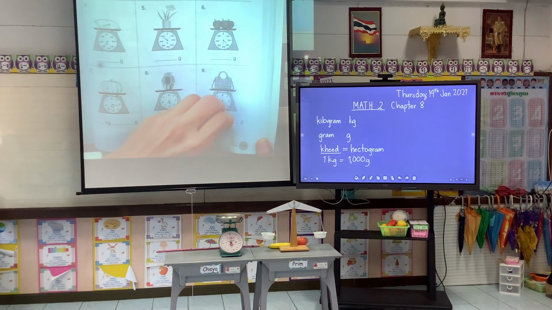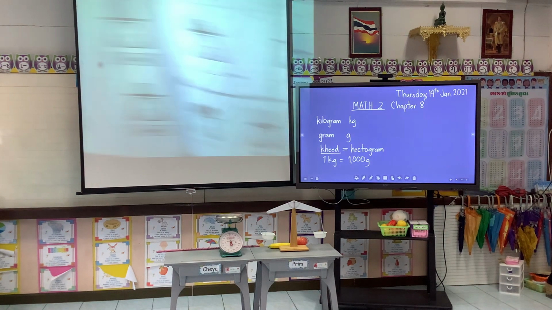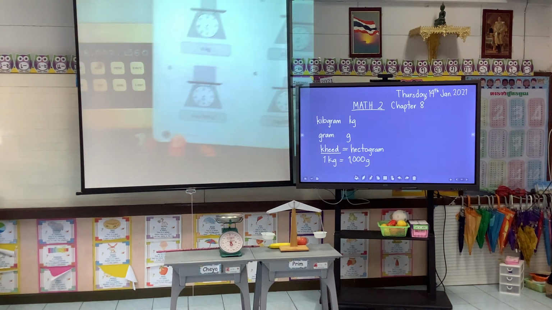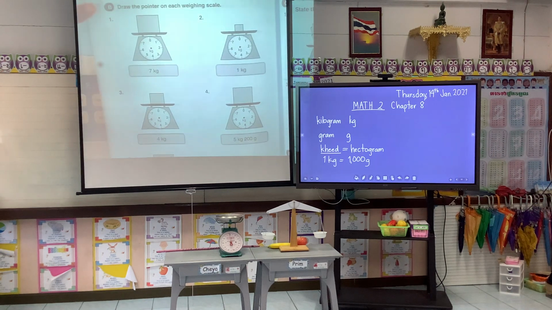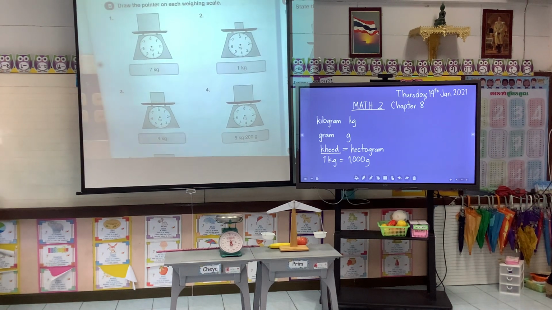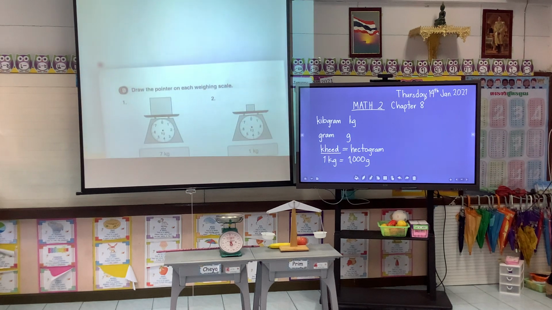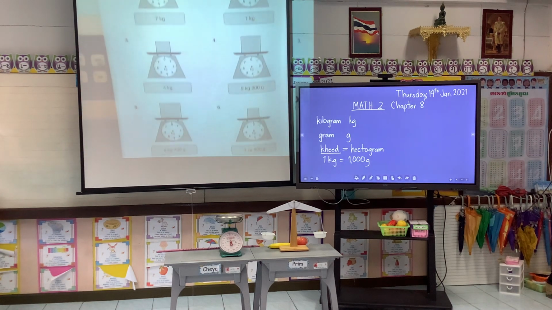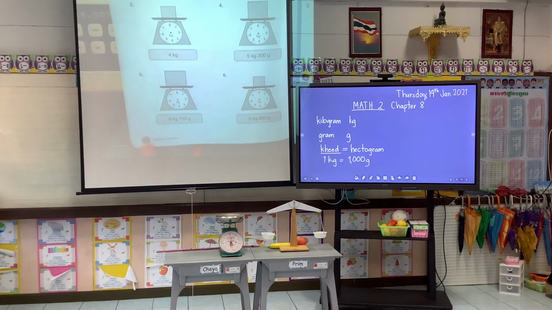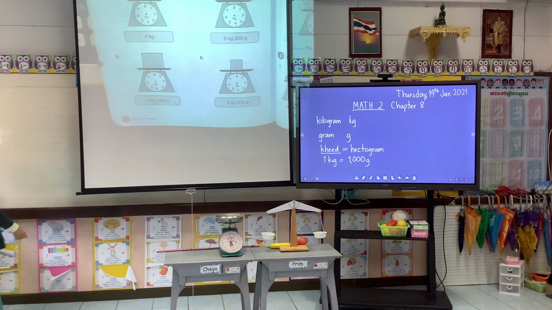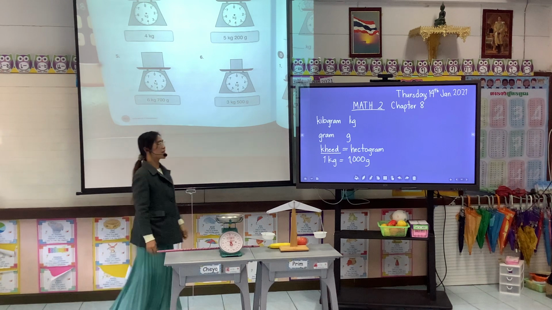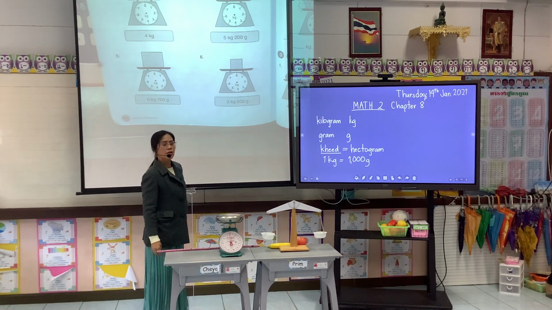And exercises B, right there, page 90. So 89 and 90 is your work for today. In this lesson, chapter 8, about